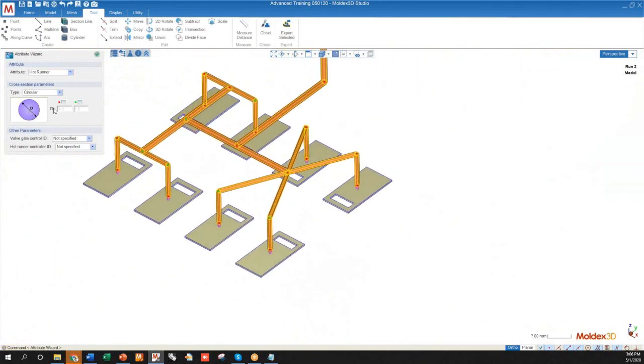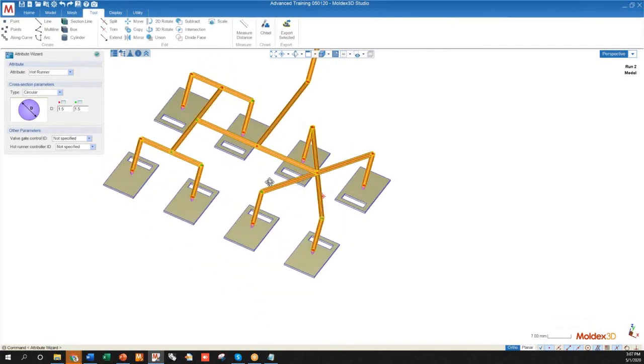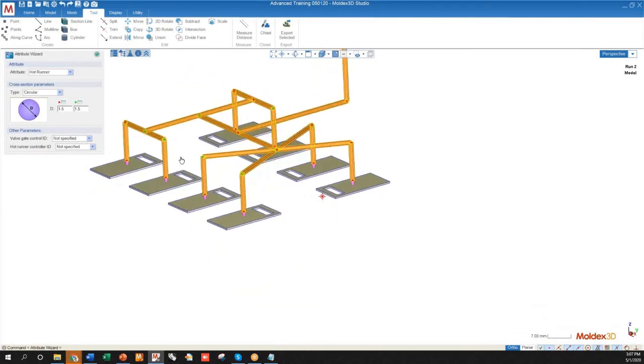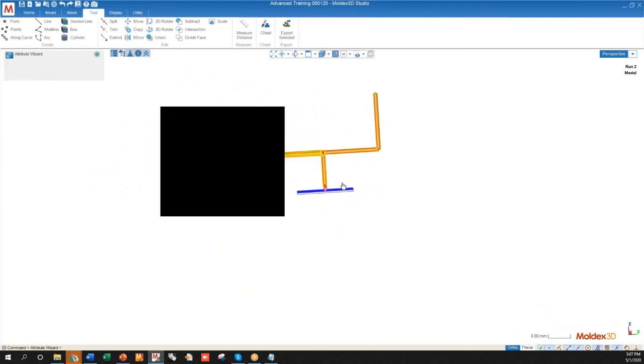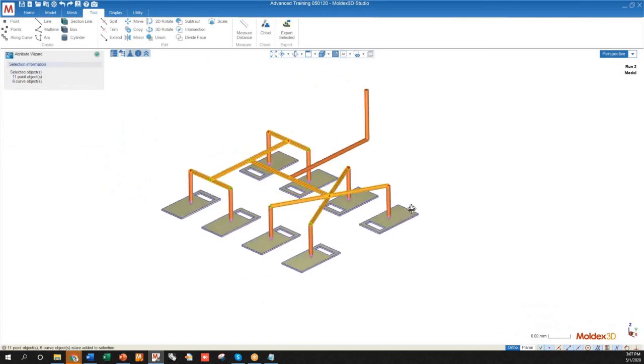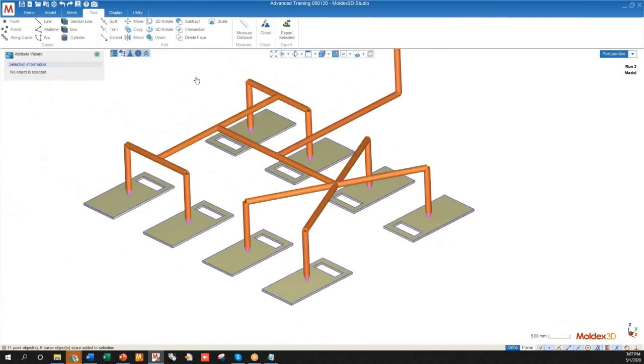So for that reason, in the attribution wizard here, we always want to click on the red diameter attribution and press enter, and then click on the green diameter attribution and press enter, and that will unify all of the diameters across my system. Now, if you do have different diameters, obviously you can assign those. You would just want to select them differently. Maybe if I wanted this plane to be a different diameter than the drops, then I could certainly do so